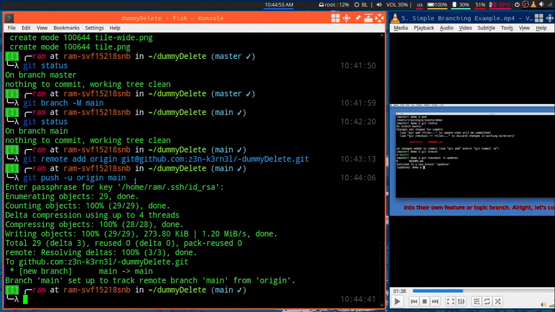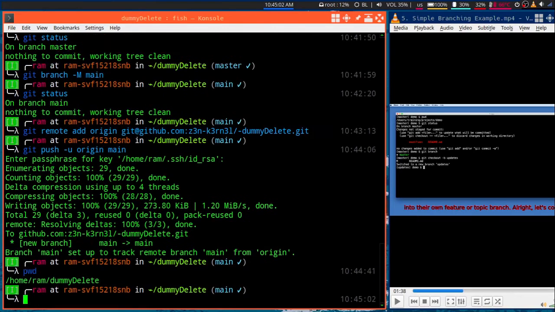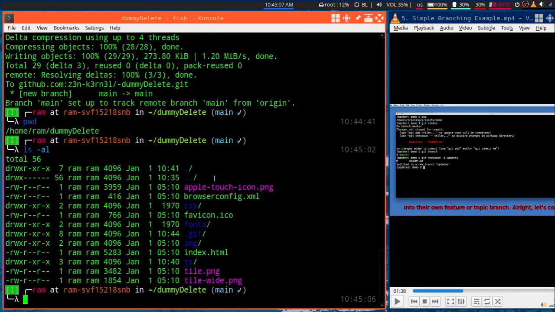So let us remove this entire repo. For that, you need to make sure you are in the folder where you created the git repo. ls -al will show you all the hidden files and other folders and files. So here you can see we have a folder named .git. What makes a folder a git repo is this .git folder, which contains all configuration related to the current repo. So if you delete this .git folder, it is no more a git repo.